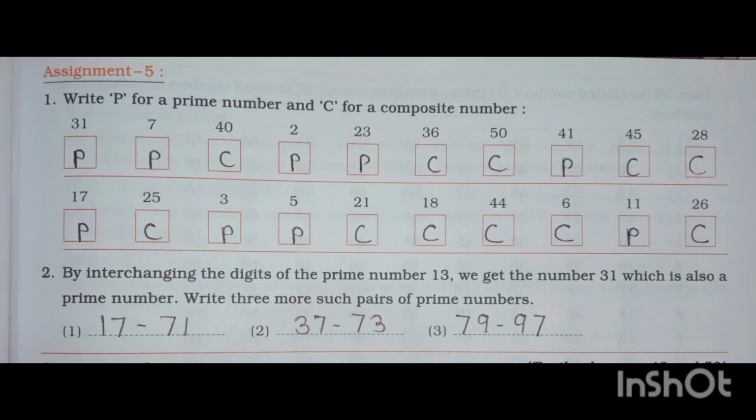Assignment 5. Write P for prime number and C for composite number. So 31 is a prime number, 7 prime number, 40 composite number, 2 prime number, 23 prime number, 36 composite number, 50 composite number, 41 prime number, 45 composite number, 28 composite number, 17 prime number, 25 composite number,